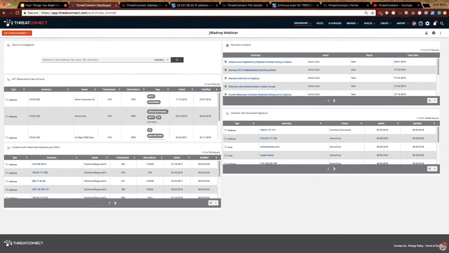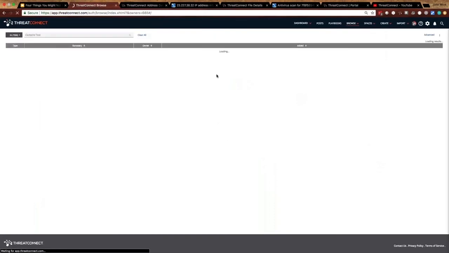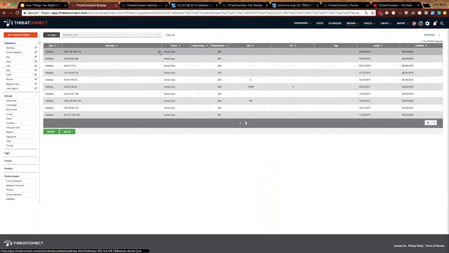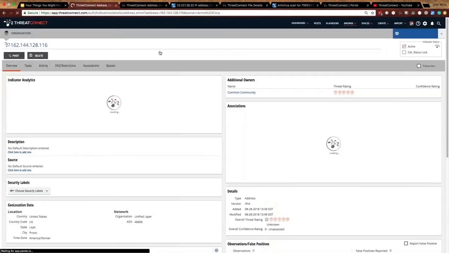Now, if you don't want to share information in CAL, say there are particular indicators that you're looking at and you don't want the metrics from those reported back to ThreatConnect, you can go in, and this is a recent addition.